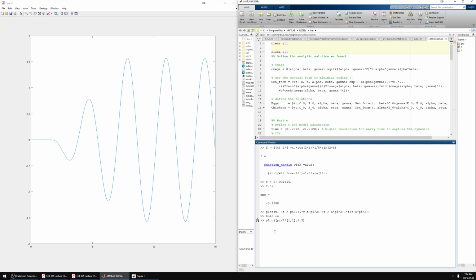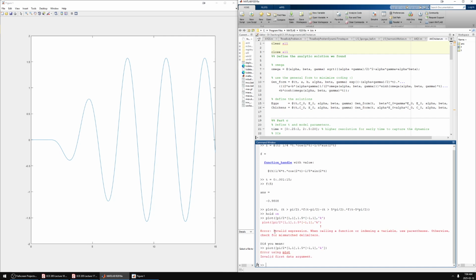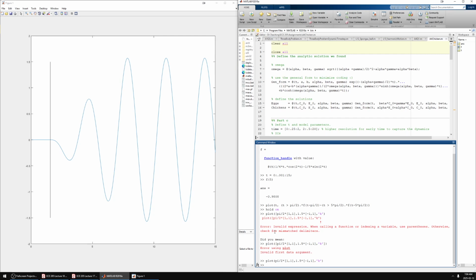That seems decent. Minus 1, 1, and multiplication, and let's make it a black line. There we go. So plotting a black line there, so that's when things turn on, and when it's supposed to